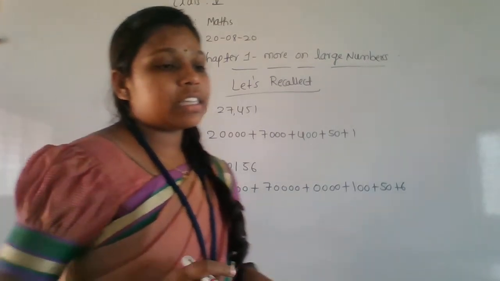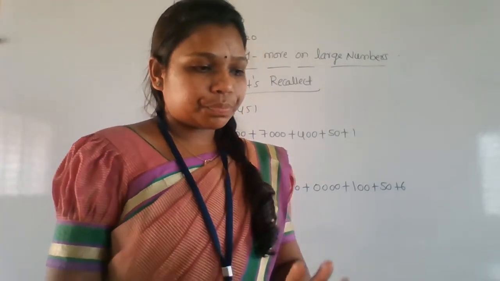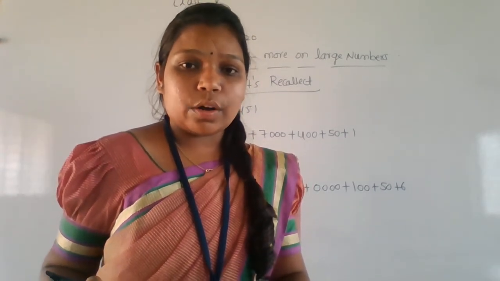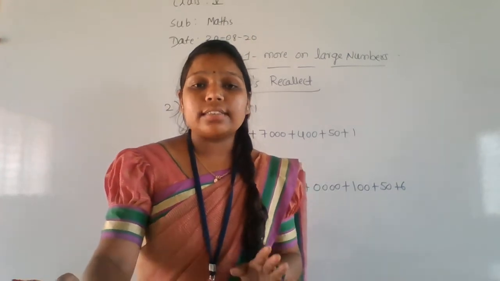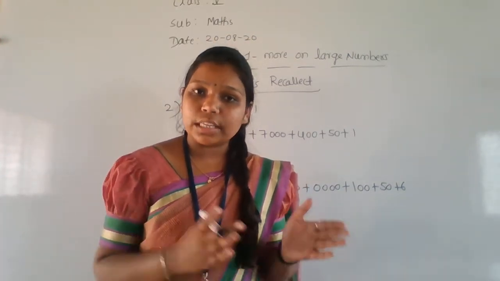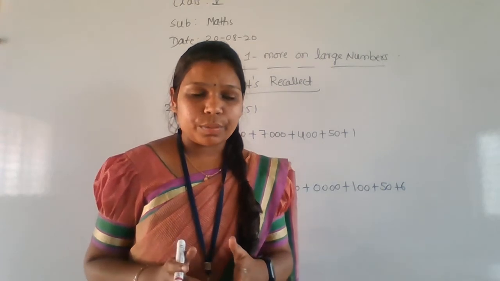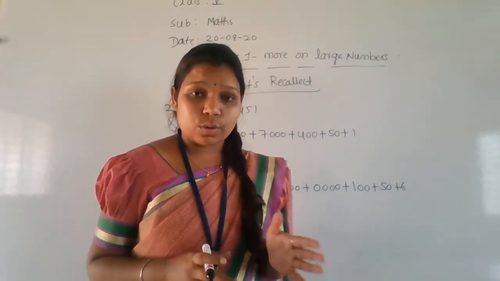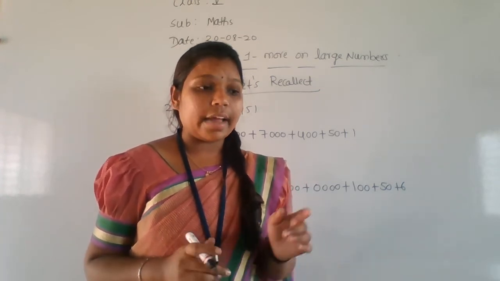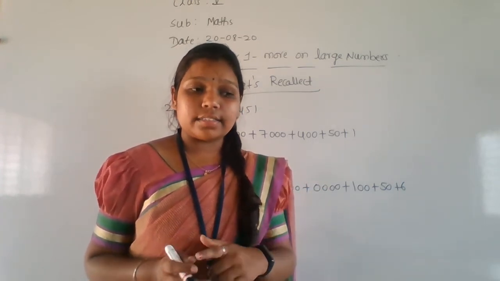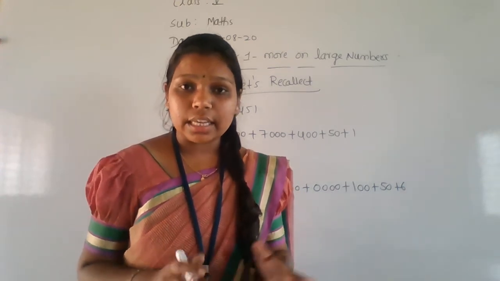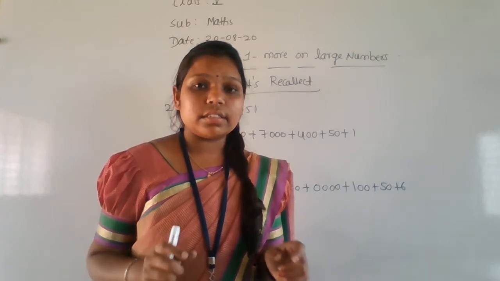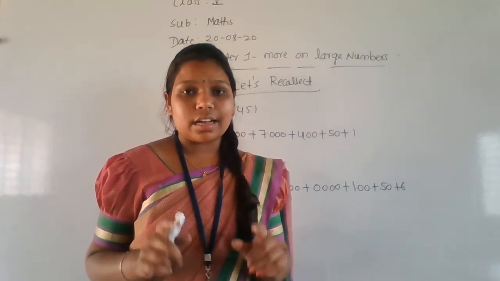So next we'll move to the third question. Write in ascending order. Ascending order means what here? Ascending order is nothing but smallest to biggest value. I hope everyone knows, because you are in 5th standard. You know these things very well. So write in ascending order means you have to write the numbers from the smallest to the biggest number.